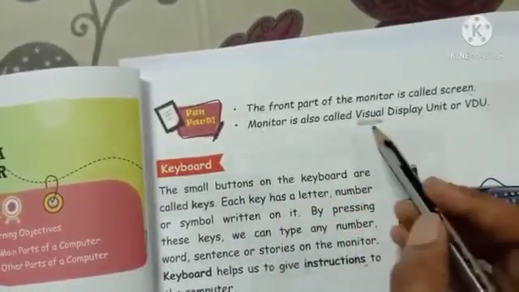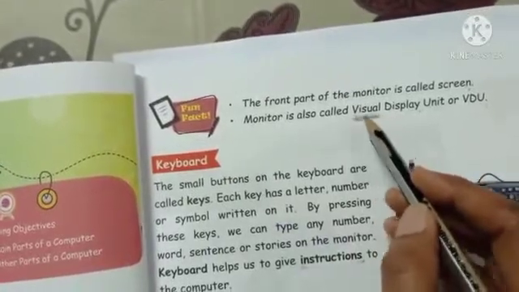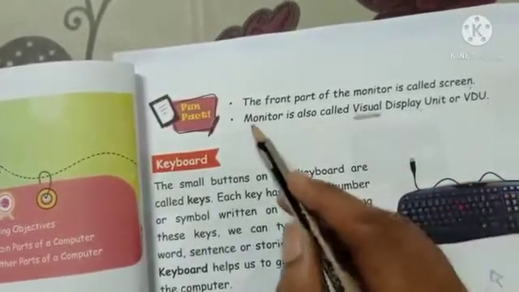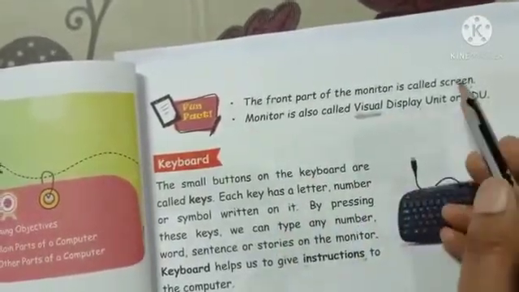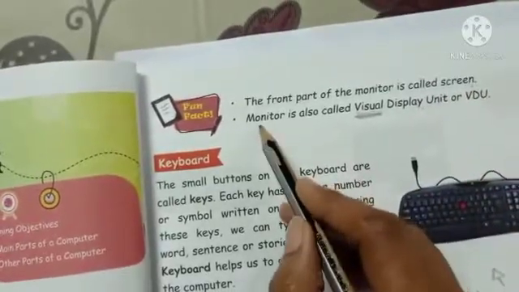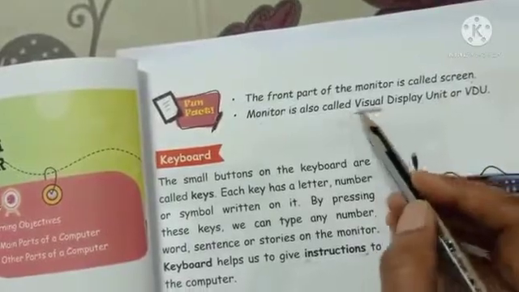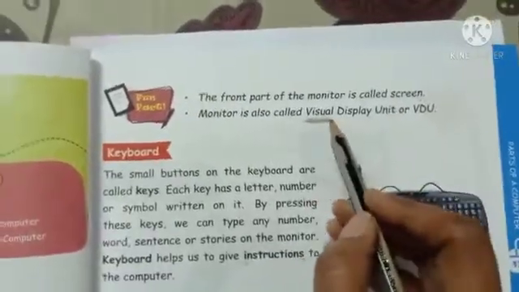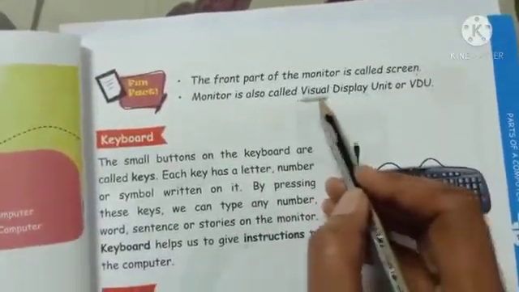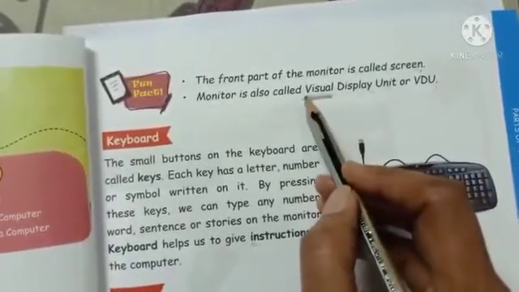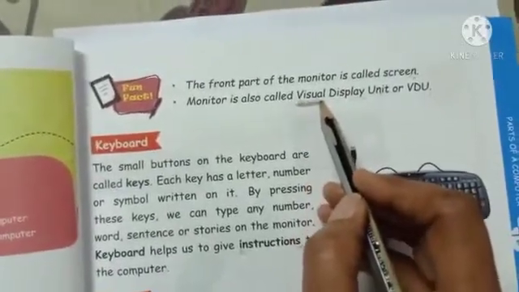So that's why, हमें जो दिखाई देता है that is known as visual. मॉनिटर हमें सब कुछ शो करता है अपनी स्क्रीन पे. That's why monitor को हम क्या बोलते हैं, विजुअल डिस्प्ले यूनिट. विजुअल मतलब दिखाई देना, ऑडिबल मतलब सुनने योग्य, हमें जो सुनाई देता है, और विजुअल मतलब जो दिखाई देता है.